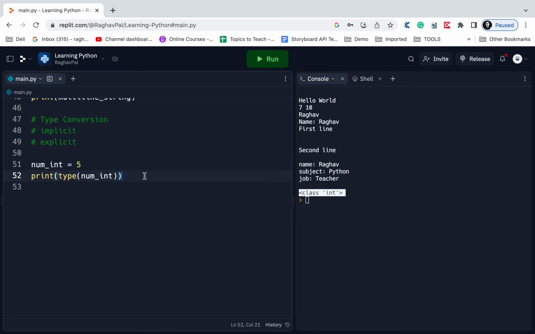integer. Similarly, if I say num float, now these names I'm giving are just for easy understanding. You can give any name to the variables, but it's always good to give some meaningful names. And here if I say 5.5, this is a float value. Okay, now if I say sum equals num int plus num float, so I'm adding these two values 5 and 5.5, and then I say print sum,